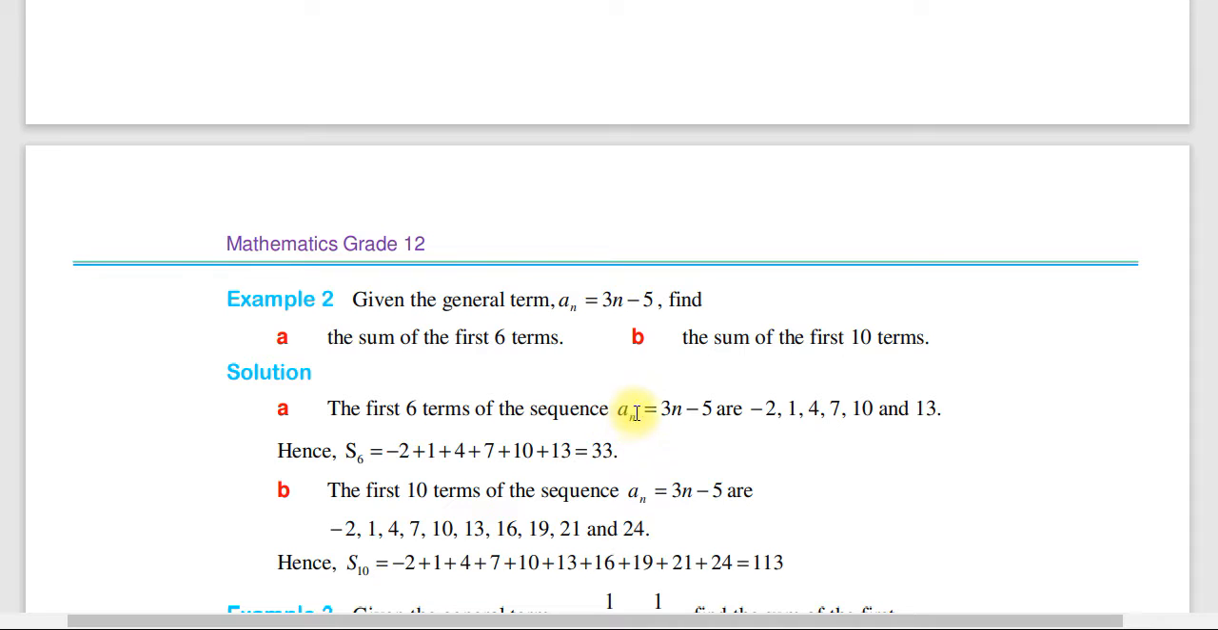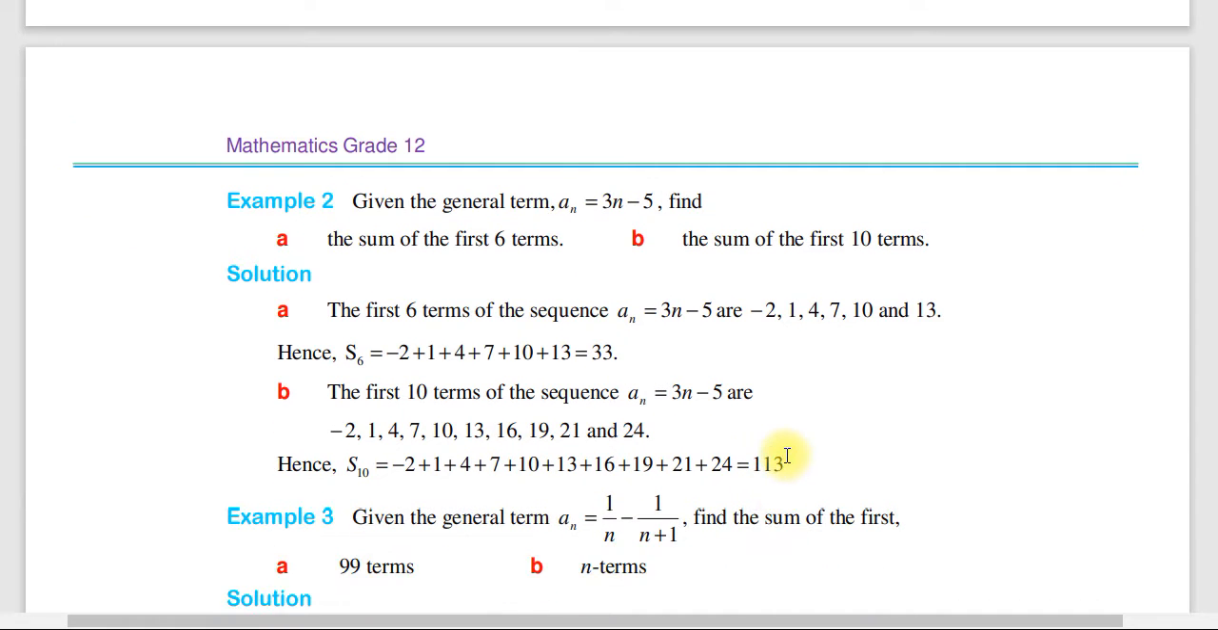which is given by an is equal to 3n minus 5 are minus 2 1 4 7 10 and 13. ስለዚህ እነዚህን ቁጥሮች መደመር እንዴት አድርገን s6 is equal to minus 2 plus 1 plus 4 plus 7 plus 10 plus 13 which is 33 ማለት ነው ብለን መፈለግ እንችላለን። ሌላው ደግሞ the first 10 terms of the sequence an is equal to 3n minus 5 are minus 2 1 4 7 10 13 16 19 21 and 24 ስለዚህ እነዚህን መደመር s10 is equal to ብለን እነዚህን ቫልዩዎች ስንደምራቸው 113 ይመጡልናል ማለት ነው።